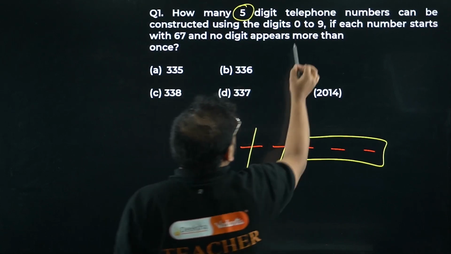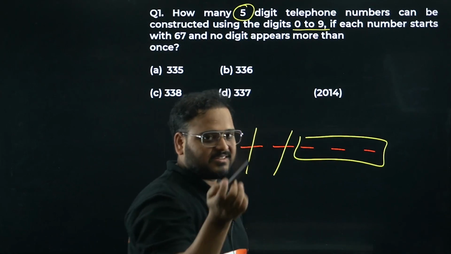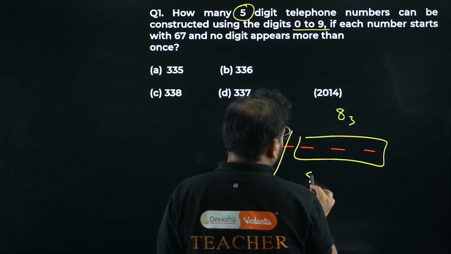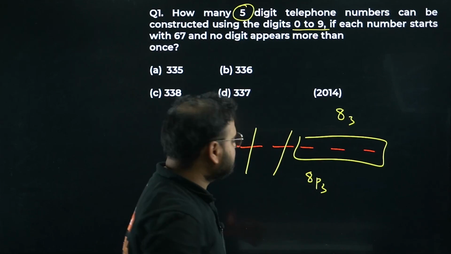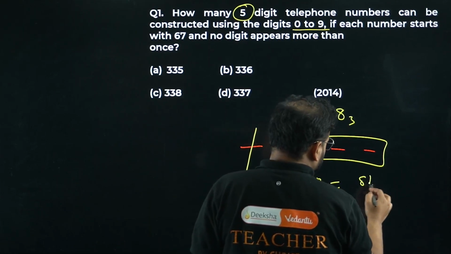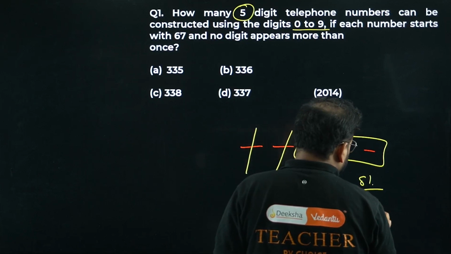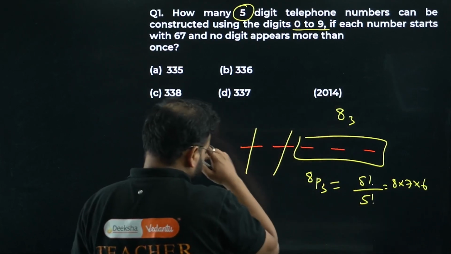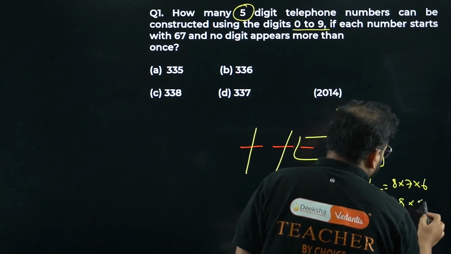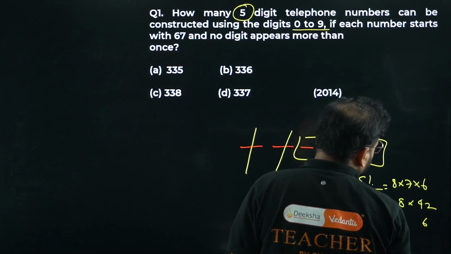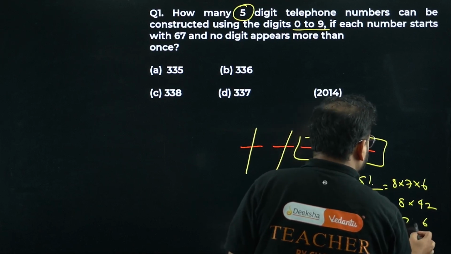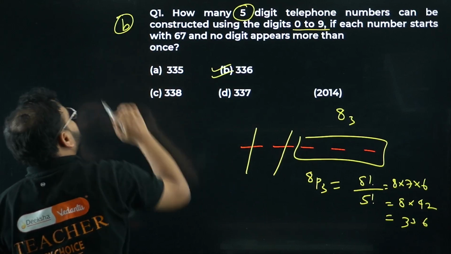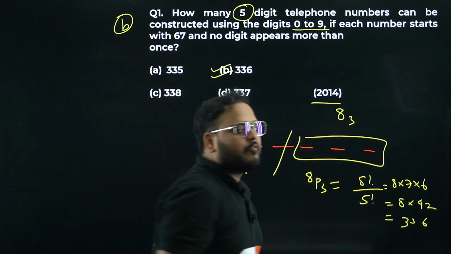What we can do, we have a total of 10 digits over here, 0 to 9. With 2 gone, only 8 are left. So out of 8 we have to choose any 3, right? So 8P3. Let's solve this. It becomes 8 factorial upon 8 minus 3, which is 5 factorial. What I get is 8 into 7 into 6, which is 8 into 42. 8 2s are 16, 8 4s are 32, plus 1, 33. So 336 is the correct option. Option B is right. It's a PYQ from 2014 from the chapter PnC.